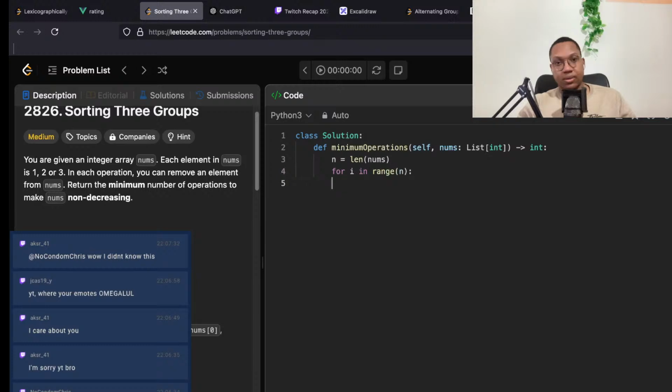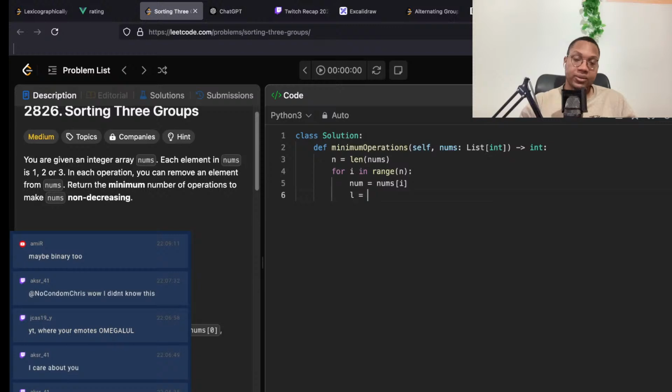And then for, let's see. What I want to do is go left. So first we'll have the number with the nums at I. But now I want to check left side and then check right side. So the idea of checking left side would be, I don't know, left is equal to I minus 1 and